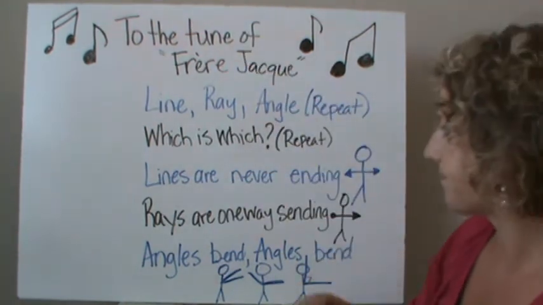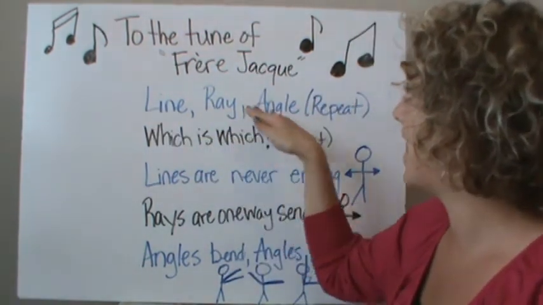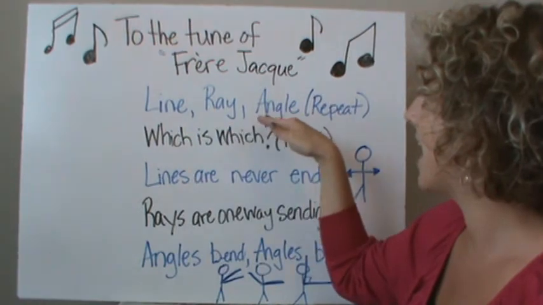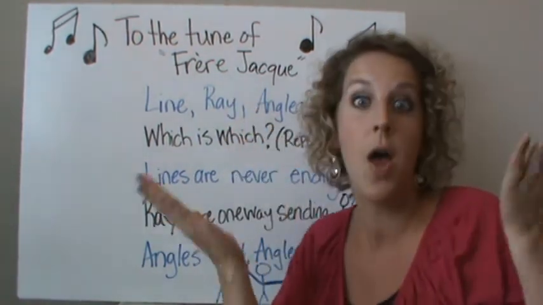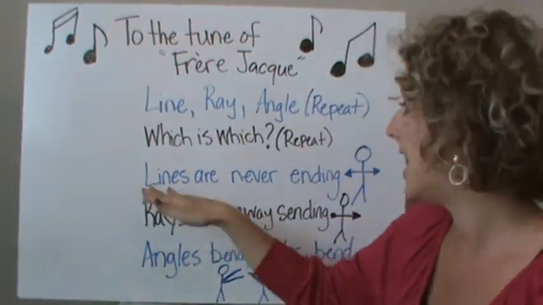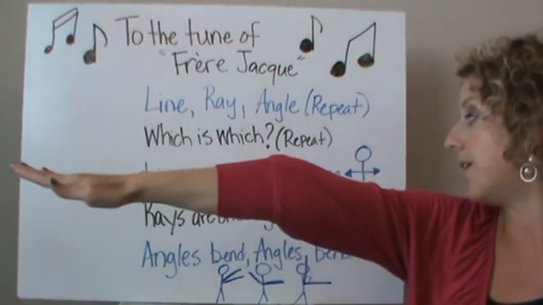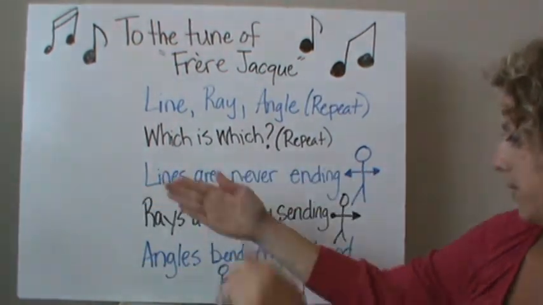You ready? Line, ray, angle, which is which, which is which. Lines are never ending, rays are one-way sending, angles bend,